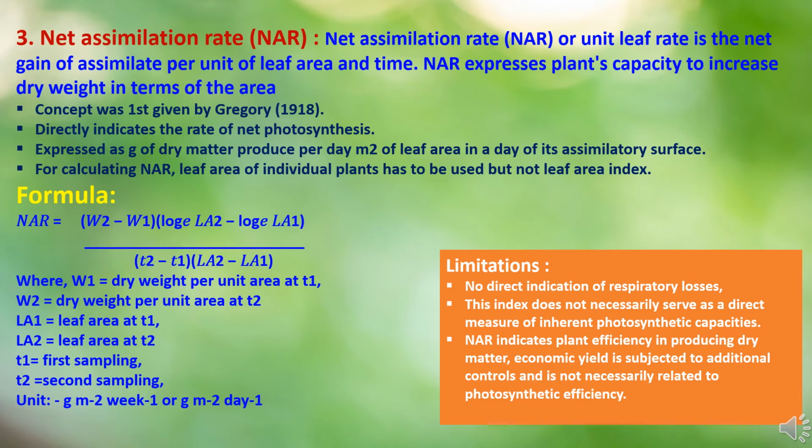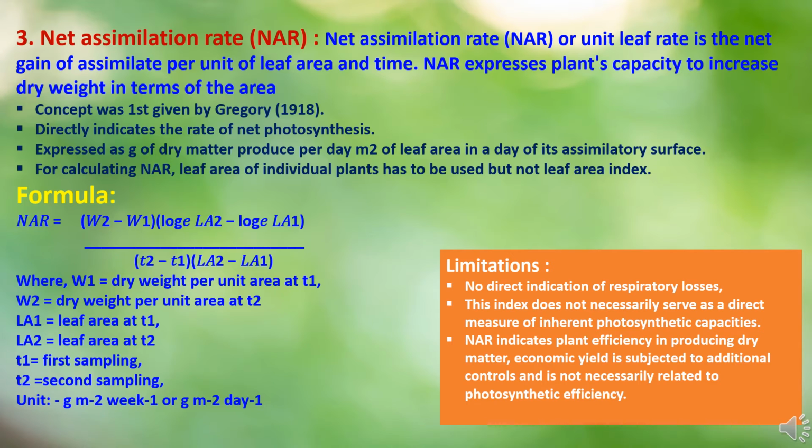NAR expresses plant's capacity to increase dry weight in terms of the area. The concept was first given by Gregory in 1918, and it directly indicates the rate of net photosynthesis, expressed as gram of dry matter produced per day per square meter of leaf area in a day of its assimilated surface. For calculating net assimilation rate, the formula used is W2 minus W1 multiplied by log e LA2 minus log e